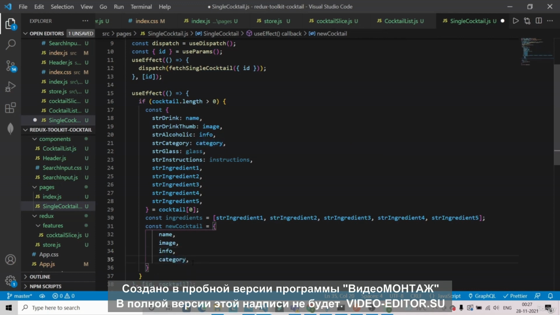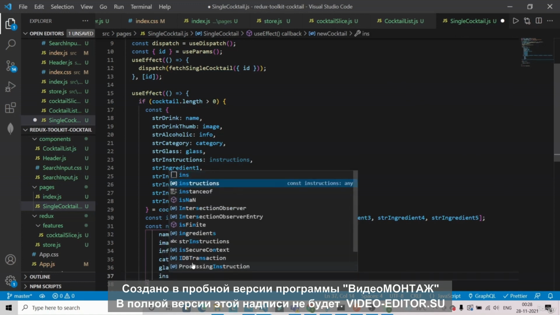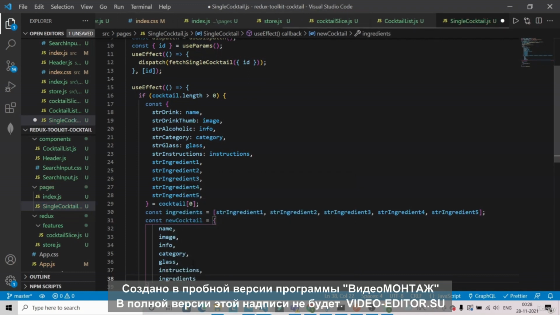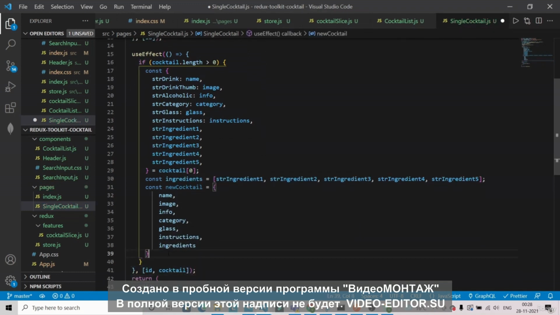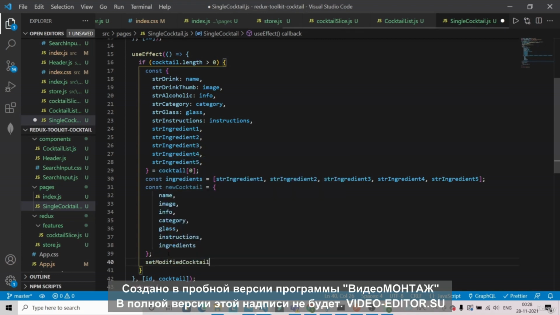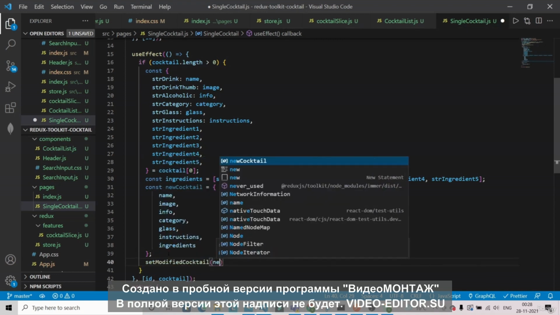After that we're going to have the glass, then instructions and ingredients. Then we can do setModifyCocktail to newCocktail,